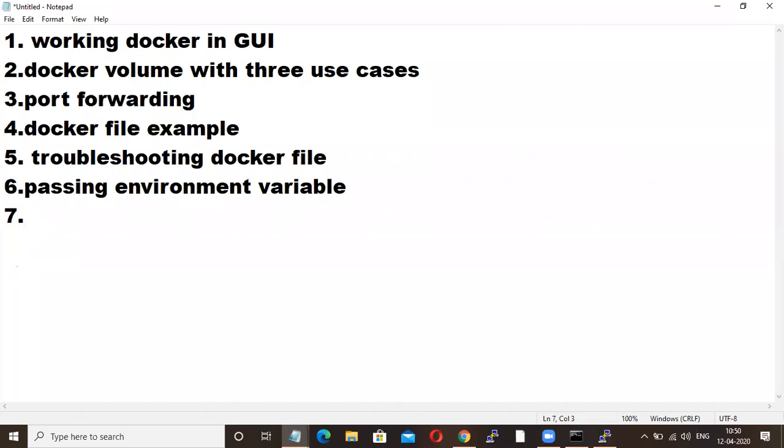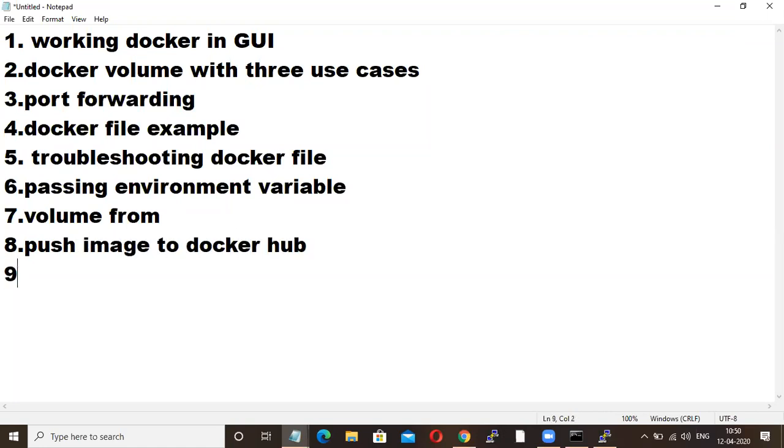Seventh, volume from. Eighth, push image to Docker Hub. Ninth, backup and restore. Link Docker.